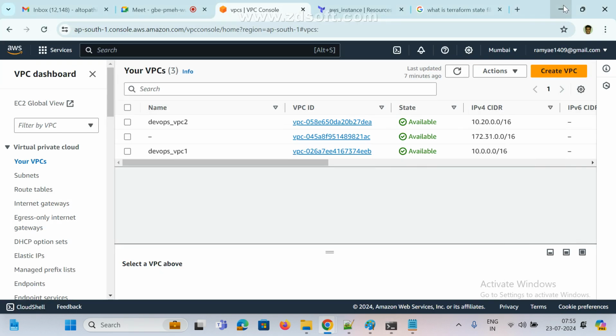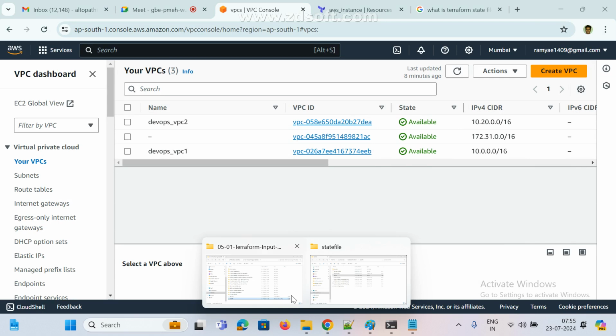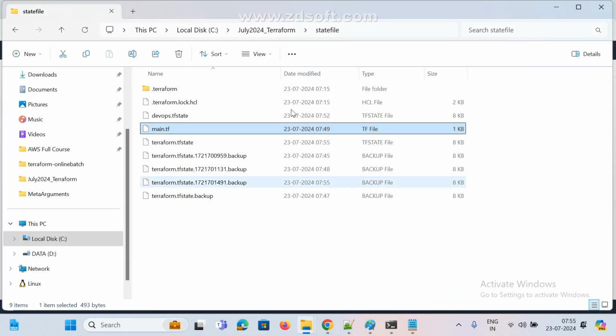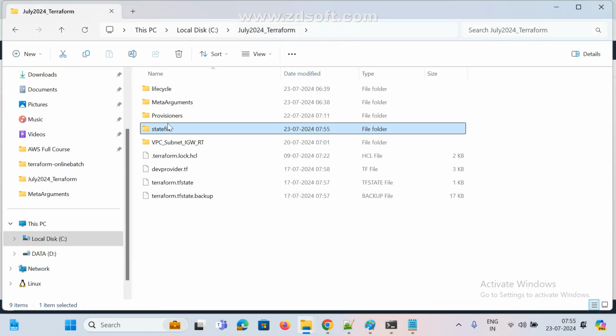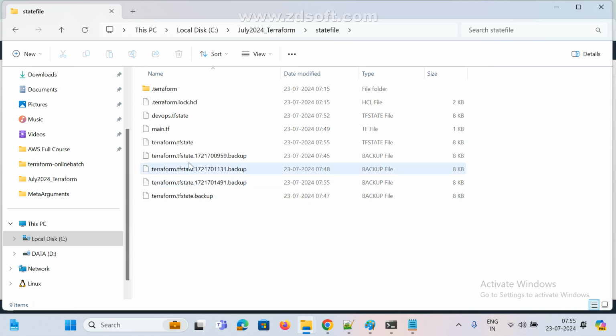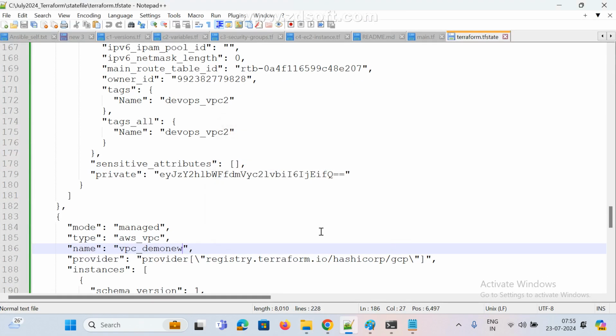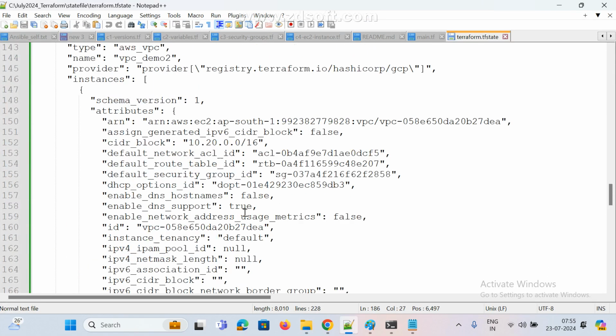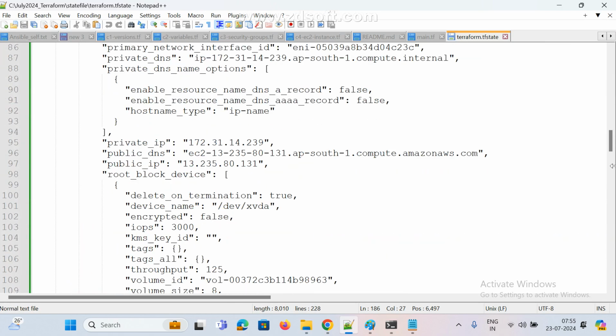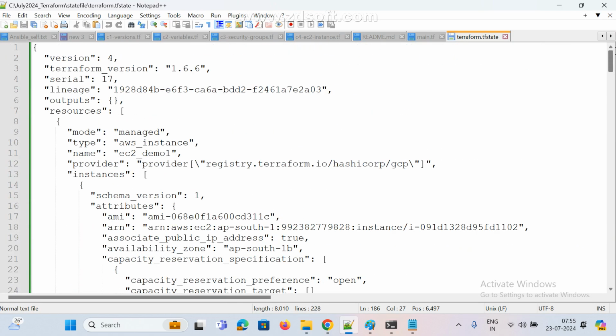Now go to here. Where is my file? Not here, the AWS state file. This is the state file, right? Open this and we can find it somewhere. See here, I changed the provider name. This is the provider, right? Earlier we could see that it was AWS. Now what has changed?